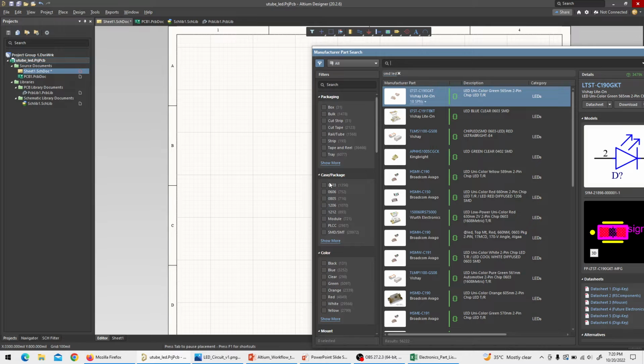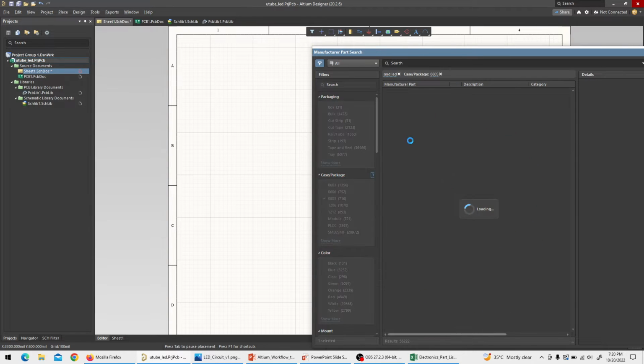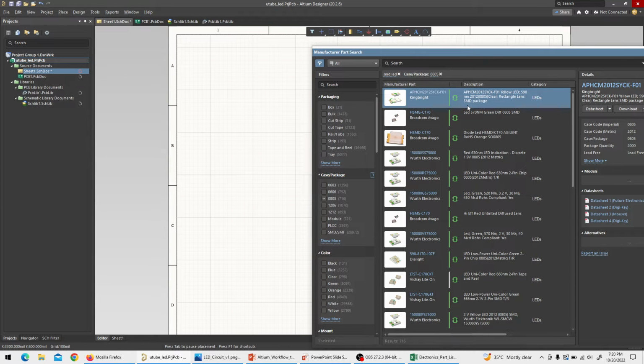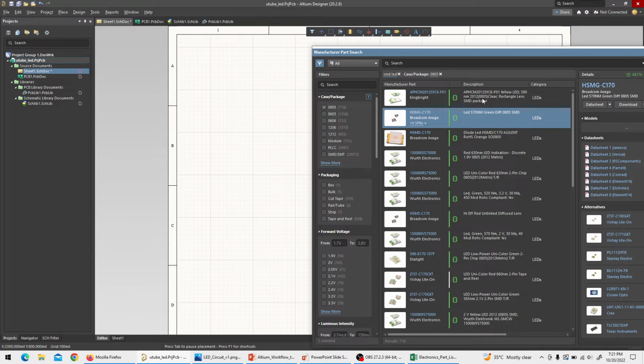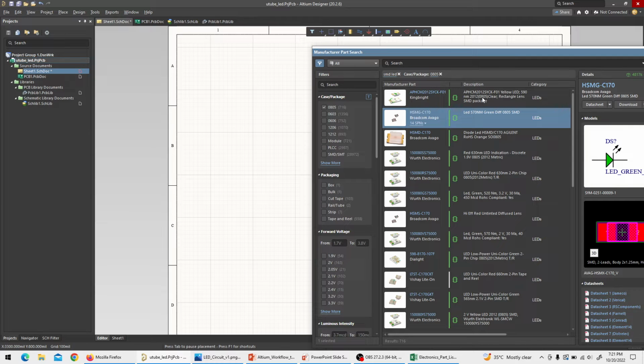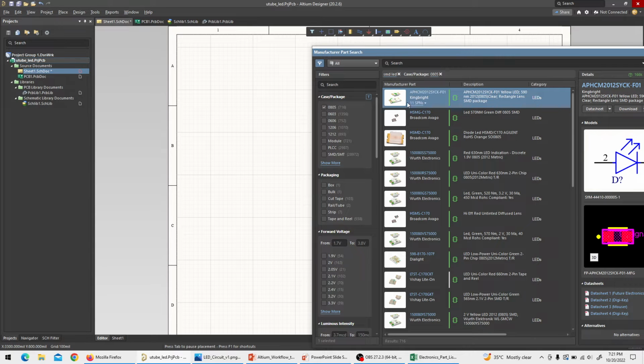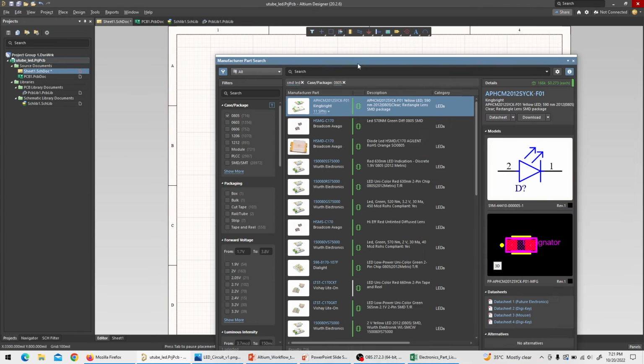So here, these are the case and package sizes. This is what I'm looking for. 0805 is going to filter, and we're going to find the first one. How does the first LED look? Okay, that's fine. If it doesn't look good, I'll just pick another one. It's taking time to download. All right, I'll just pick up the first one, and now I'm going to show you the next way